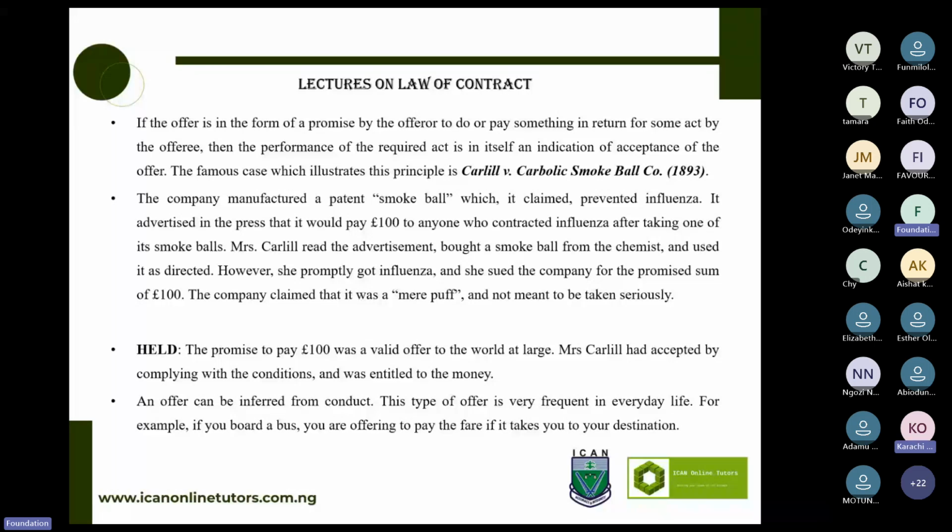So one way why people fail ICAN is that you might think you have given the right answer, but some words are contradictory. Some markers might not be that nice to say, okay, I think I understand what she's saying or what he's saying. So let's try to use the right word. That's why some of us don't use big grammar when we are teaching, so that people can understand. So ICAN is easy to pass and at the same time might be easy to fail because of the way we responded to some questions. But thank you for your attempt.